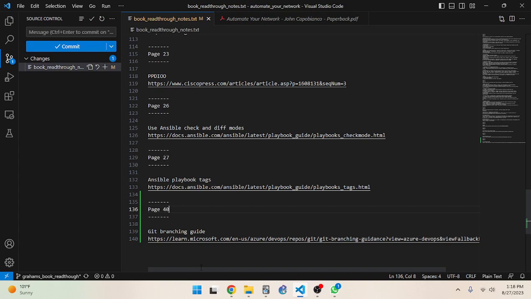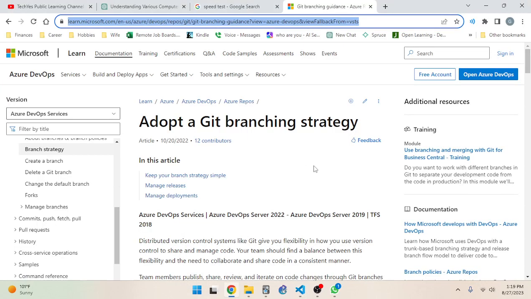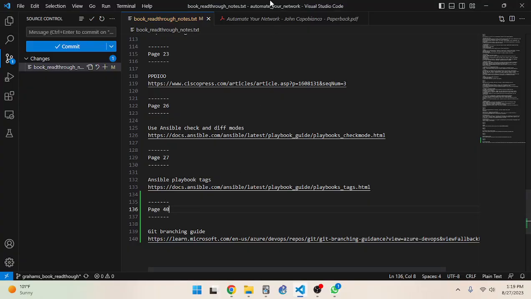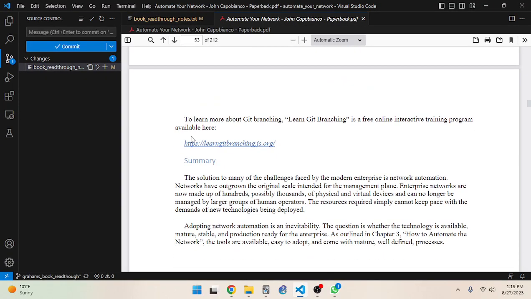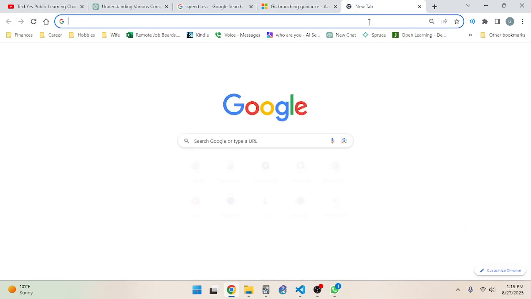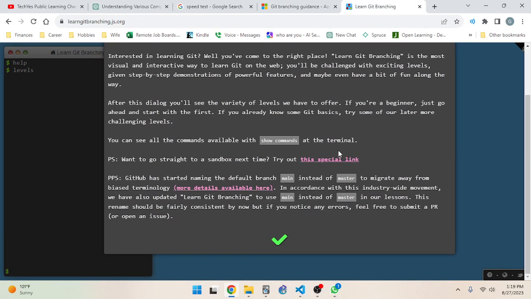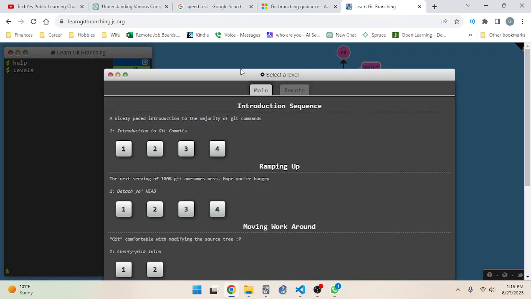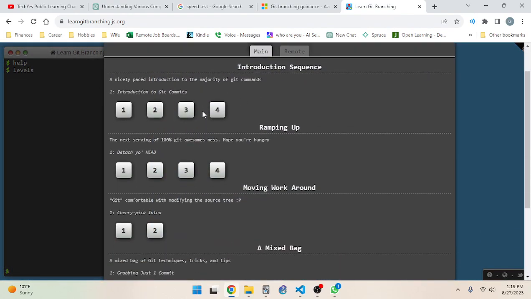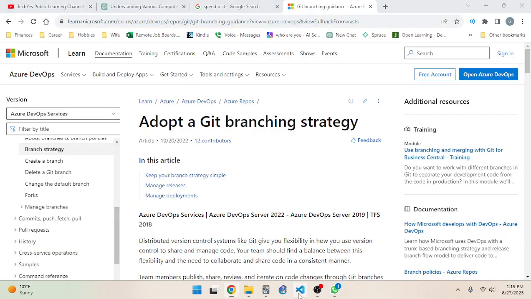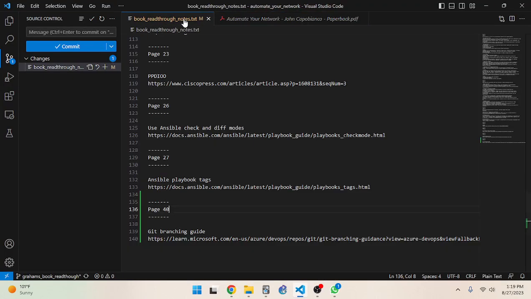All right, and then we also have a tutorial here, like an interactive tutorial. To learn more about Git branching, Learn Git Branching is a free online interactive training program available here. So I think I want to save this as well. I feel like I've done this before and it hasn't been super helpful. Okay, so yep, here we go.